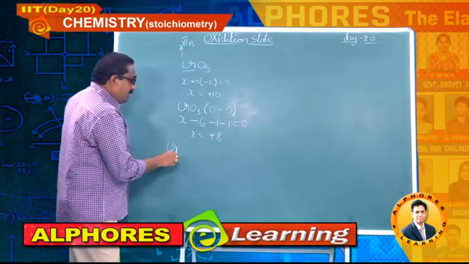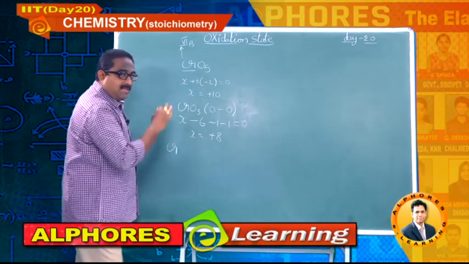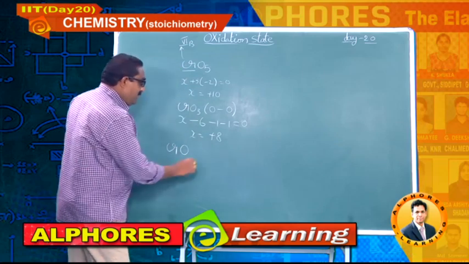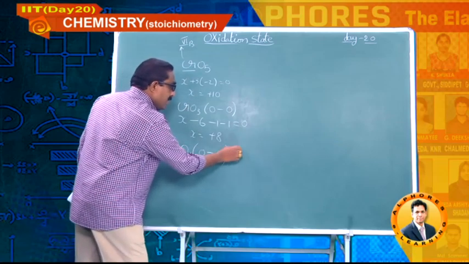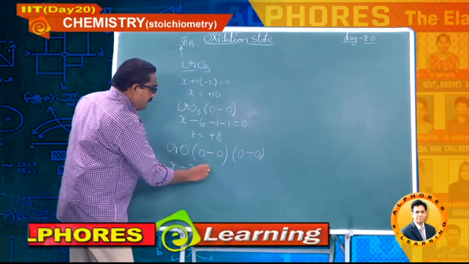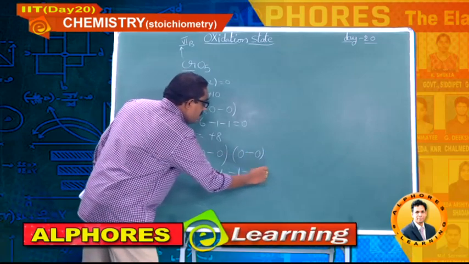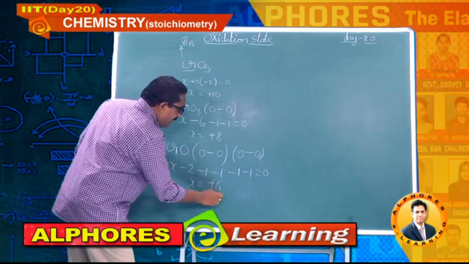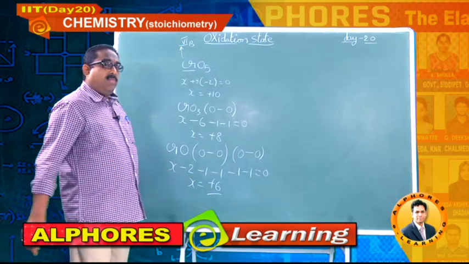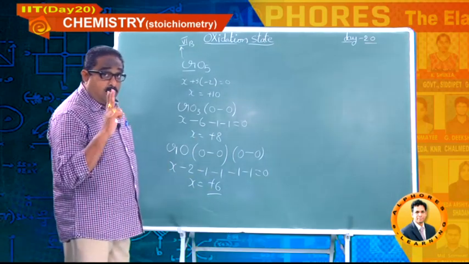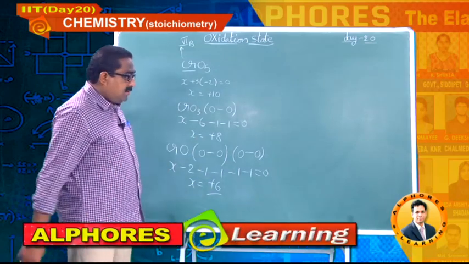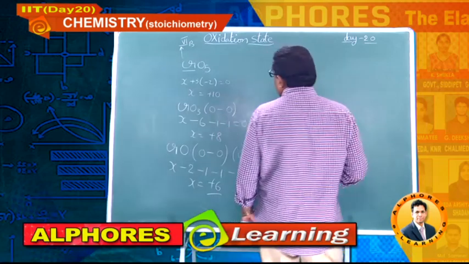So, you can come to another conclusion that it contains one more peroxy bond also. Let me separate 2 more oxygens for one more peroxy bond, and only one oxygen is normal oxygen left, and like this I am going to write 2 peroxy bonds. Now, do the calculation. Normal oxygen, peroxide oxygens. So, X equal to +6. Finally, you can say that the given chromium peroxide contains 2 peroxy bonds, not one peroxy bond. Let me give the structure of this compound also, students.